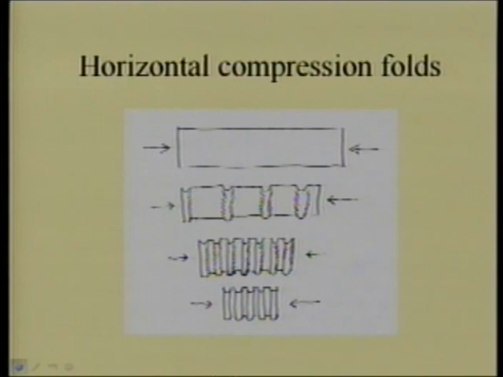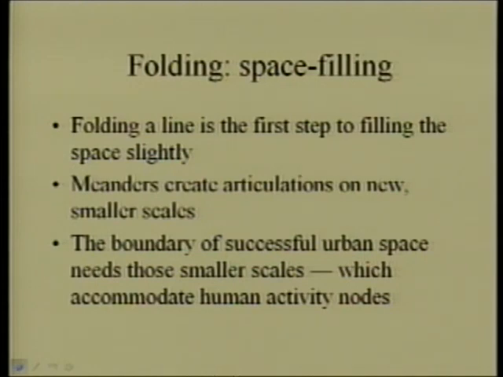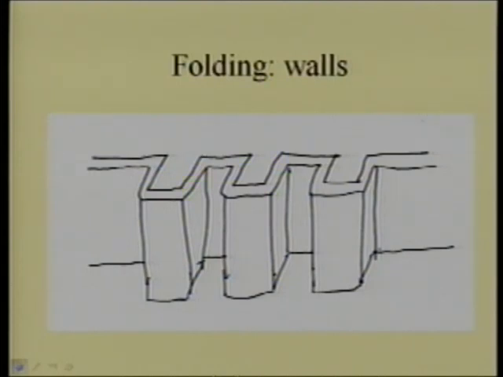Now, in some of the lectures later, on the urban scale, the boundary of successful urban scale needs the smaller scales that are created by pushing and pulling, and especially folding. Urban scale that is unbounded is not usable. It is hostile psychologically. Urban scale that is bounded by perfectly smooth walls is just totally neutral. If you study all the most successful urban spaces, you will see that they show the characteristics of folding that I mentioned here.